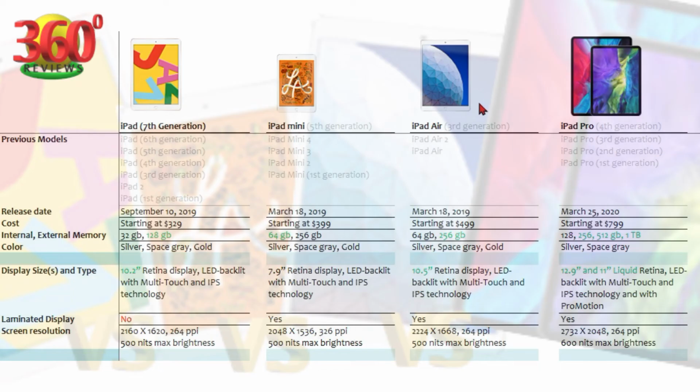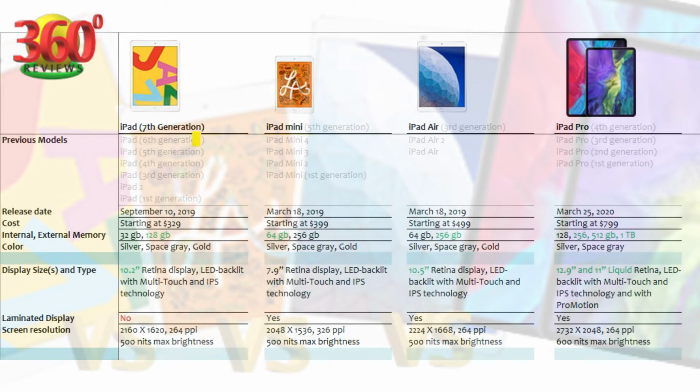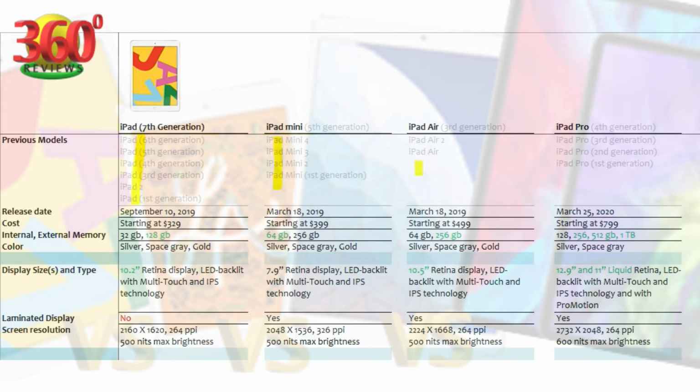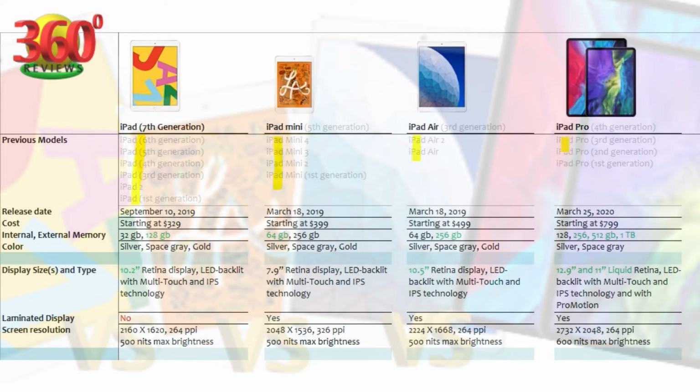So friends, today we are going to do a detailed specs comparison of all these 4 iPad models which are available right now in the market, starting from the least expensive on the left to the most expensive one on the right. Just for your awareness, we have also listed all the previous iPad models under each of these iPad series. This is the original iPad, also referred to as the iPad or iPad 10.2 or 10 7th Gen. The next is Mini, then Air, and the last one is the iPad Pro.